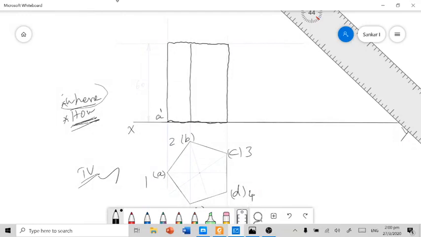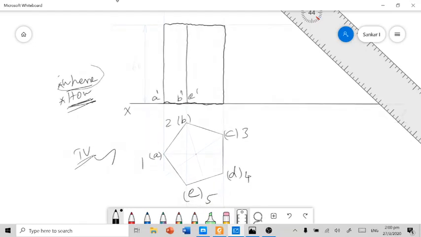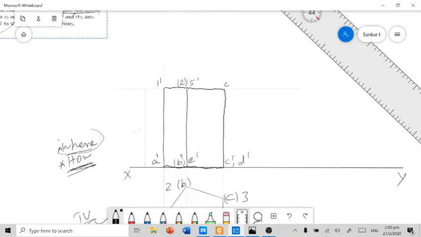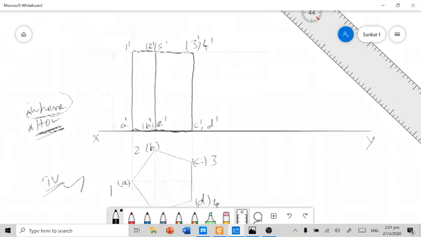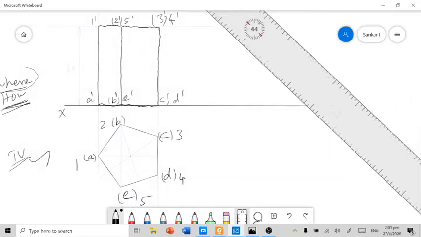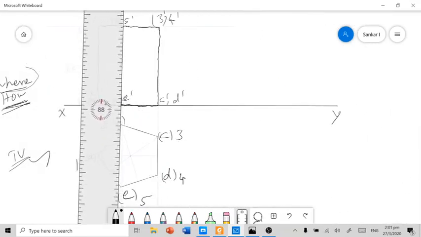For example, A dash, B dash and E dash, B dash inside the bracket, C dash and D dash, and in the top it's 1 dash, 2 dash, 5 dash, and here C dash, sorry, D dash, 4 dash. So this is nothing but the lateral view, and you have to mention the axis also.